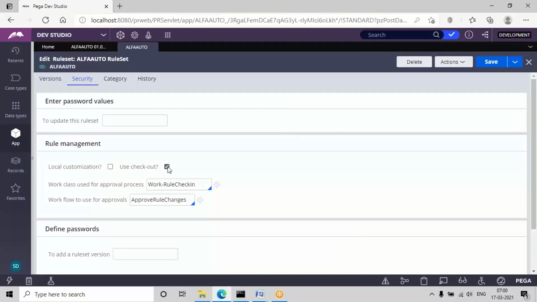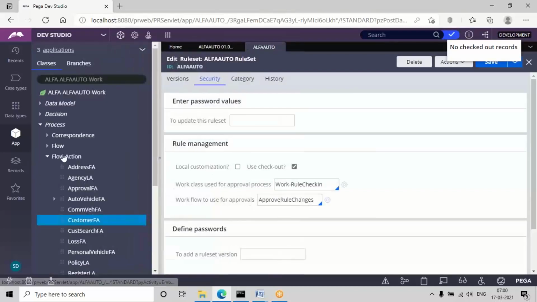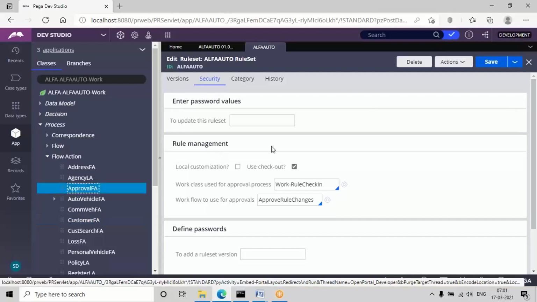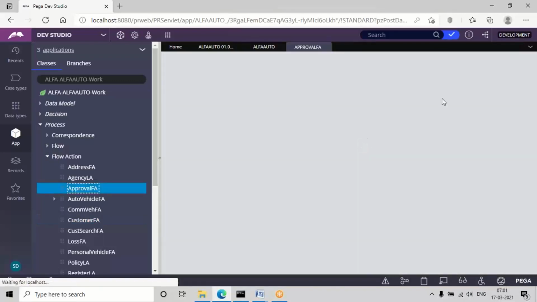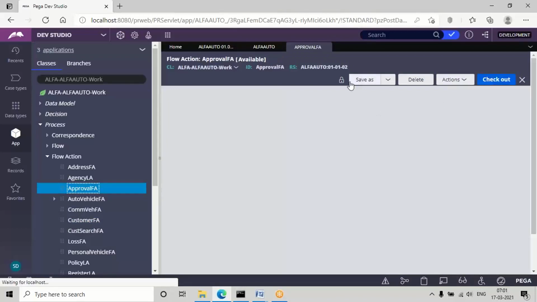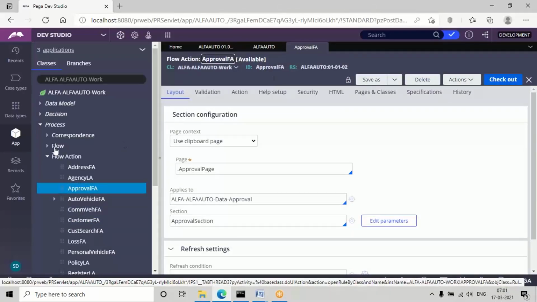For that I'm going to enable this security. Not mandatory, but you must know how to do that if any checked out records are there. Try to open any rule from a lower version and move it to the new version. At least one or two rules I'm going to create. So this is in latest only.